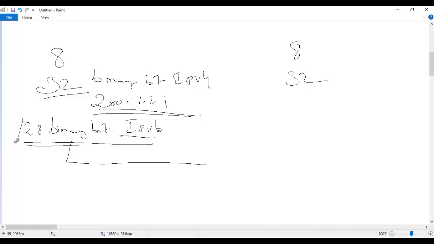IPv6 is 32-digit hexadecimal. How can 128-bit binary become 32-digit hexa? The biggest number in hexa is, what is the biggest number in hexa?